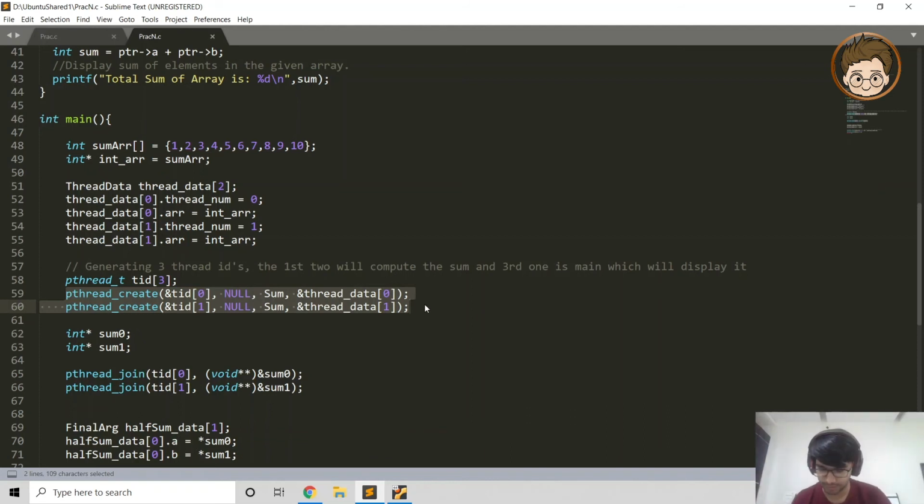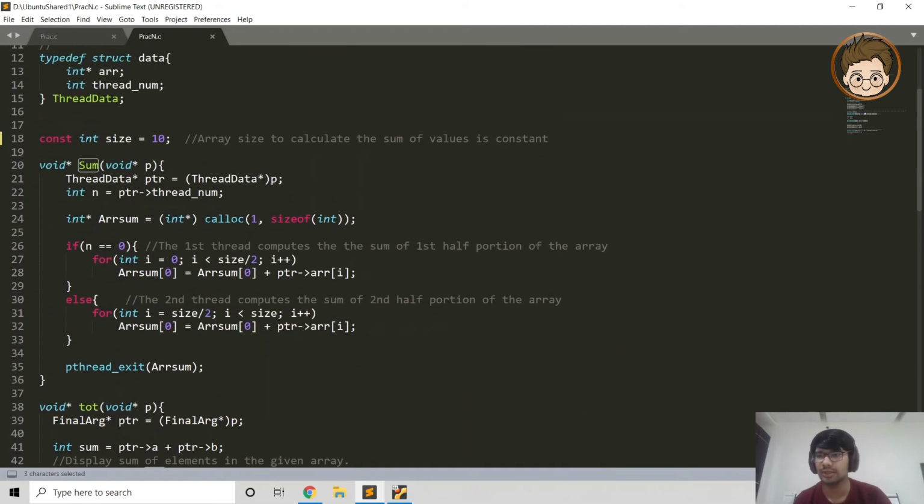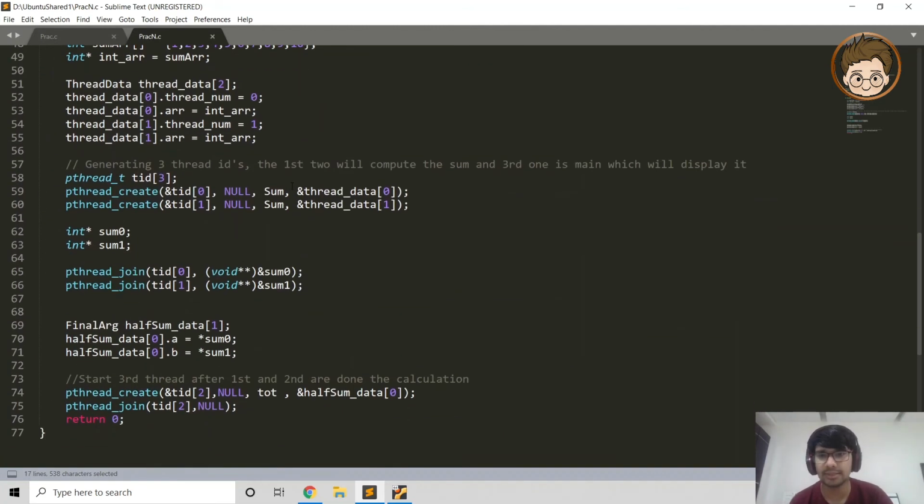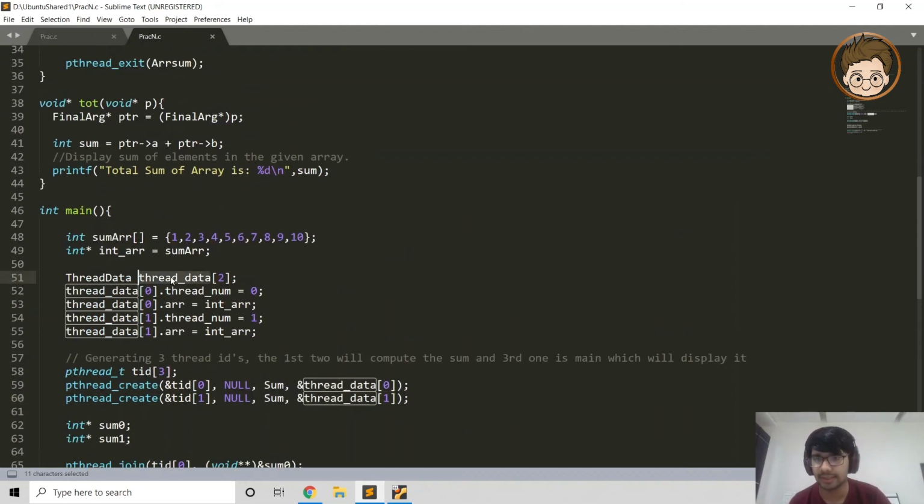Okay, so what the pthread_create function does is it is used to create new threads. So first of all, we will pass the ID of the respective thread. So TID 0 and TID 1, we will pass the reference. Next, we will pass null, so no extra parameters. Next, we will pass a function that is the runnable function that we want to run. So here the function is defined. We will get into it later. And next, we will pass on the data that is related to that. So here, as you can see, we have created the threaded data variable, and we will pass 1 to the second thread and 0 to the first thread.